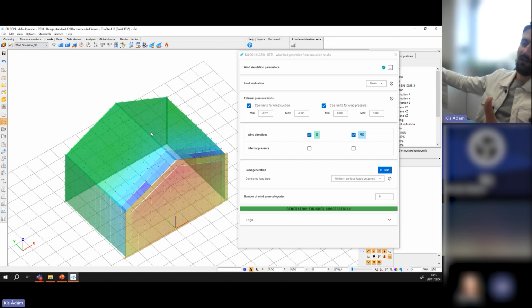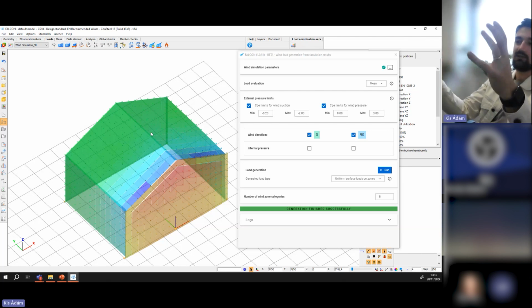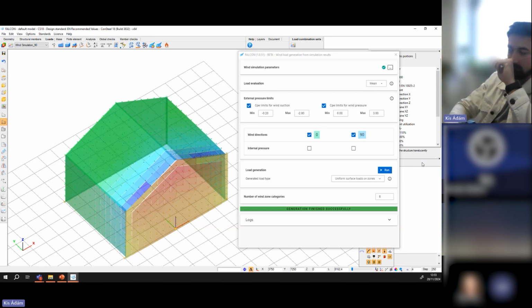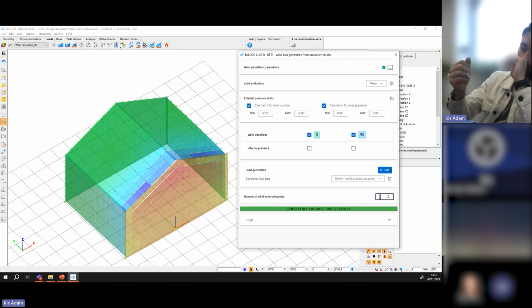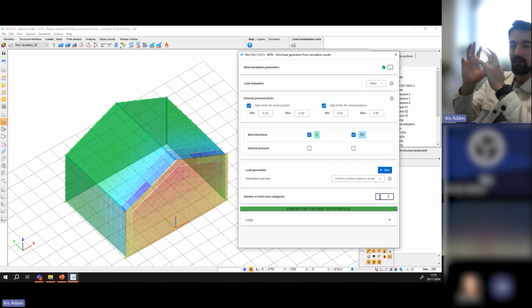And in this range, I can have 8 different zones defined, which is, by experience, a value which can reproduce something similar to what happens in the Eurocode,